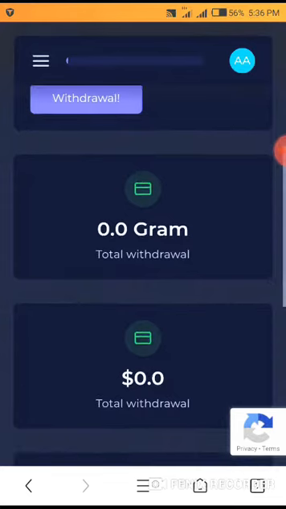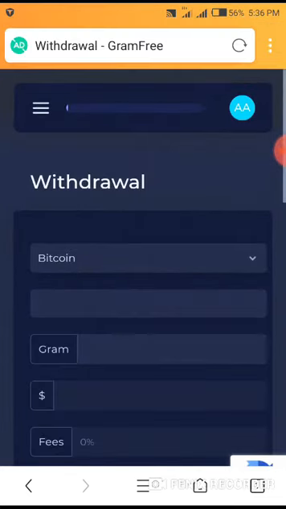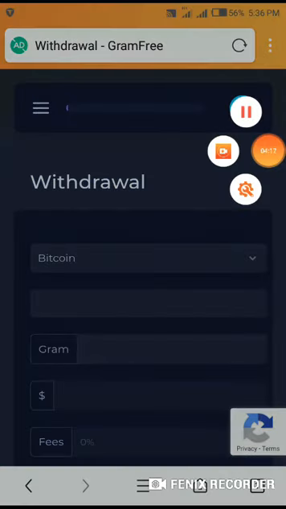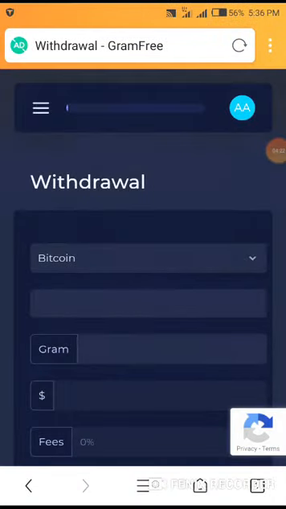So as you can see, it's pretty much easy making money with this Gramfree app. You can check the Gramfree app, Gramfree website on